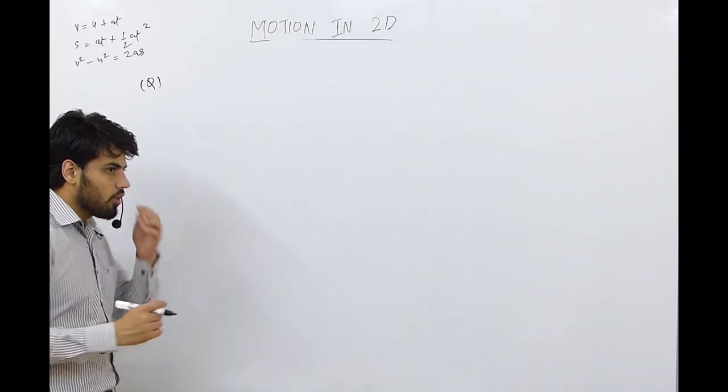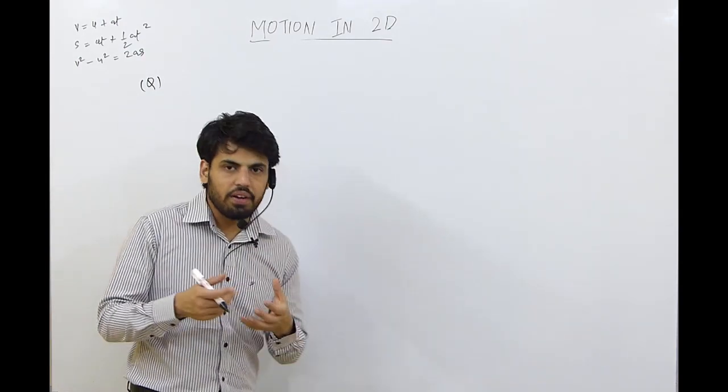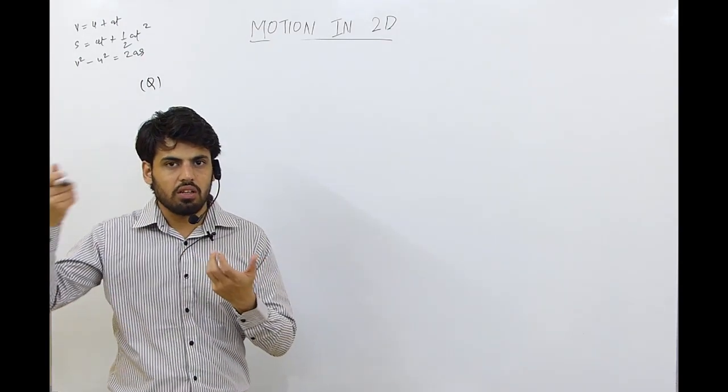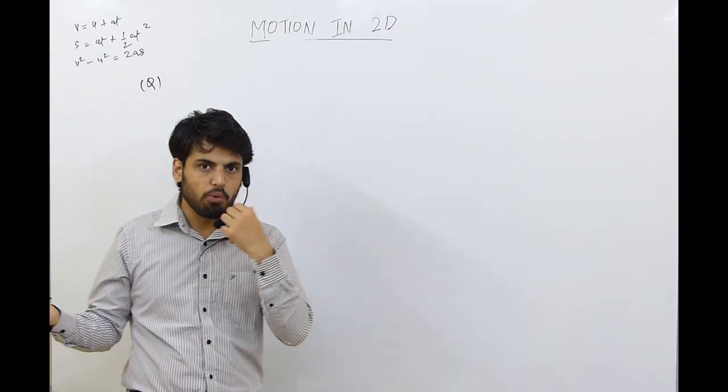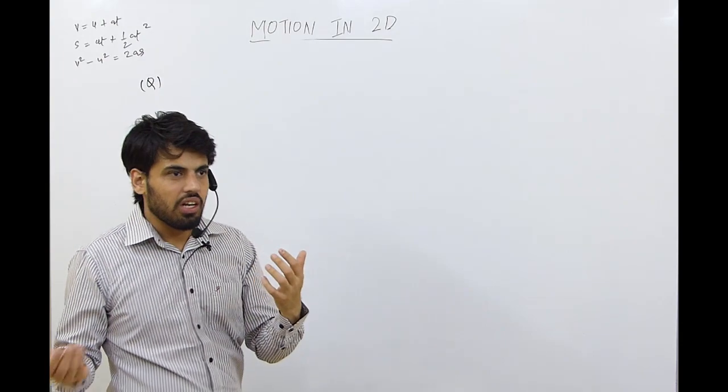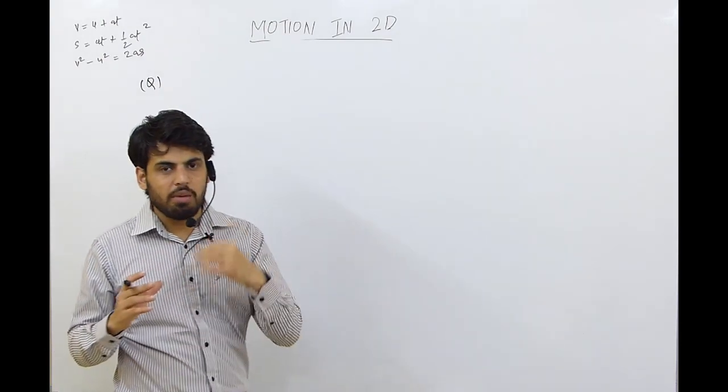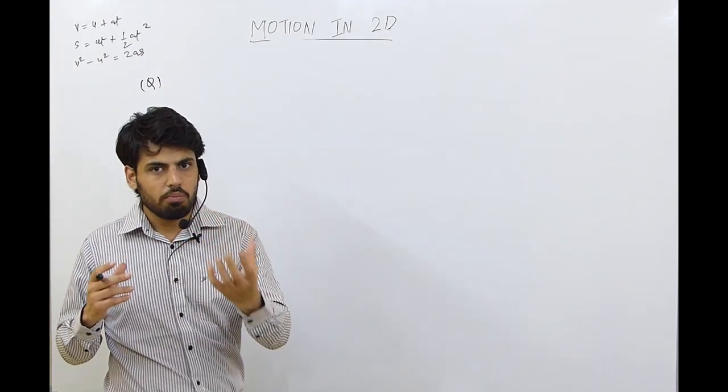So muzzle velocity of a shell means when we fire a gun, the shell has a recoil velocity and it is thrown out of the gun, and only the bullet goes out of the shell. So the velocity of the shell will be the same as the initial velocity of that bullet.